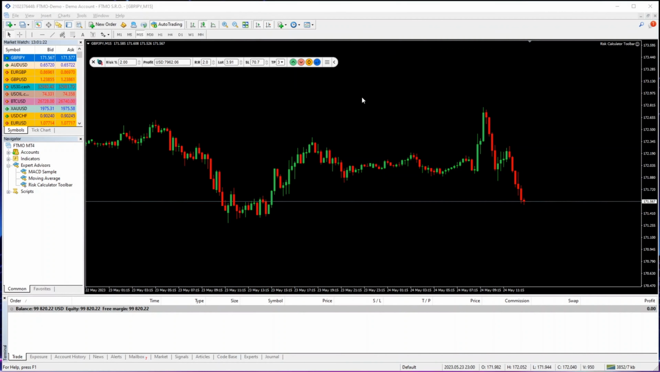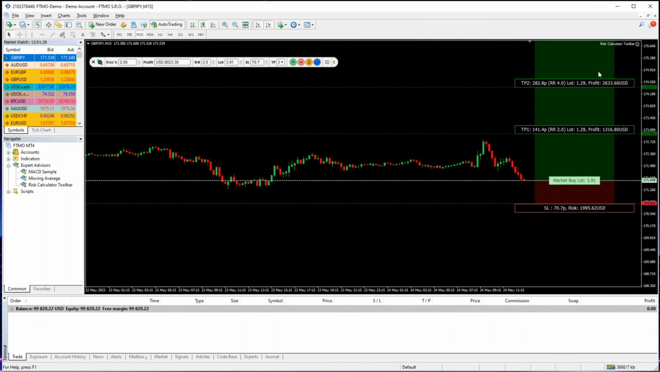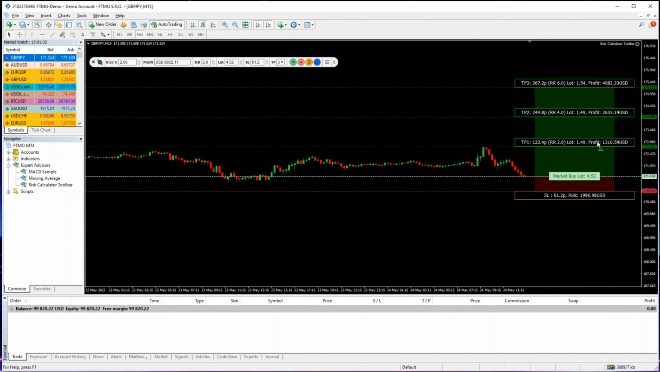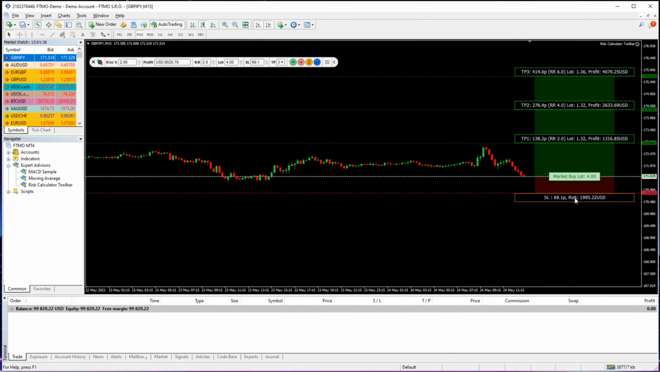Okay, and say here we want to do a long and we want to risk our 2%, but we want 3 profit zones here. So you can see it all works it out for you, and here it shows you what each profit point will be. So we're risking 2%, that was our 2% trade here. It will tell you the lot size, which will be 4, and it will show you the first profit will be